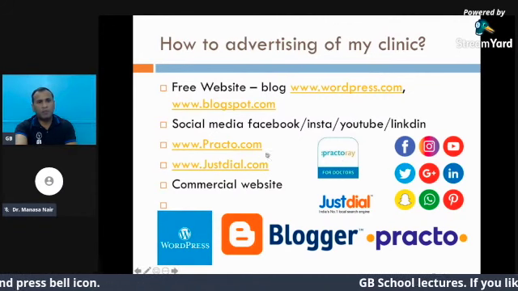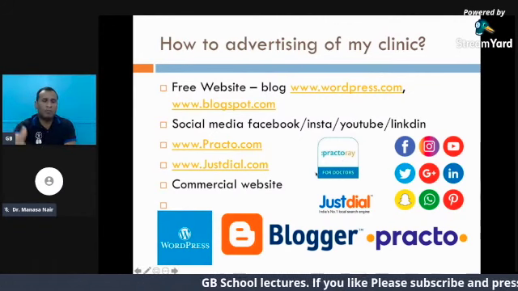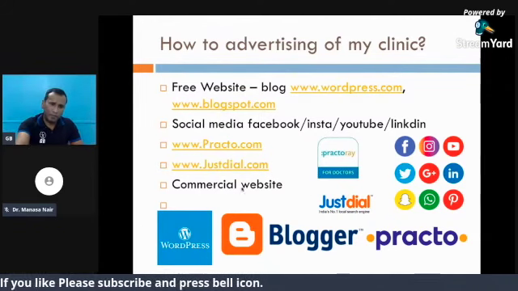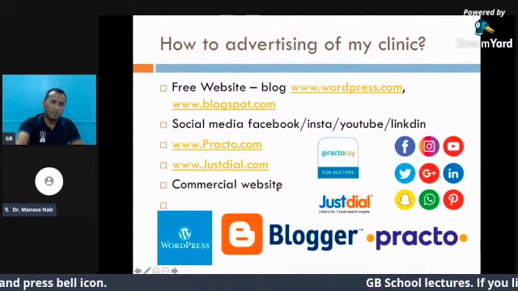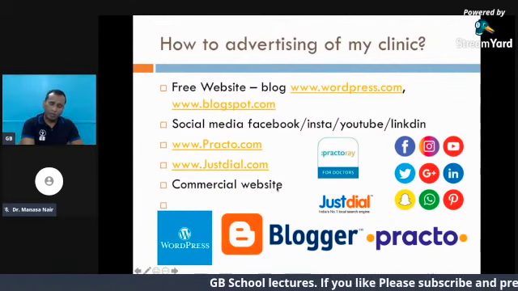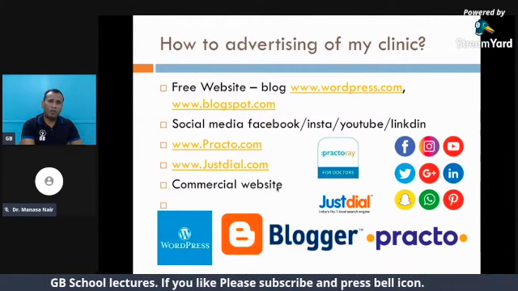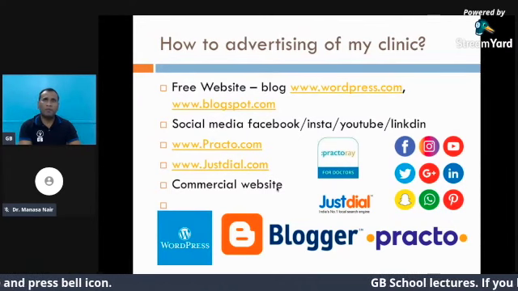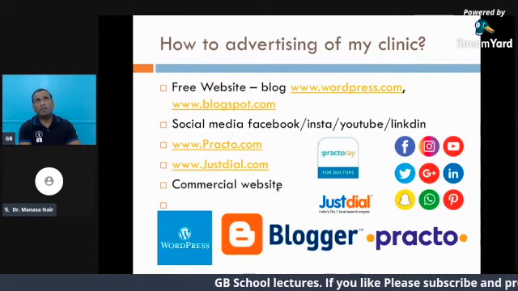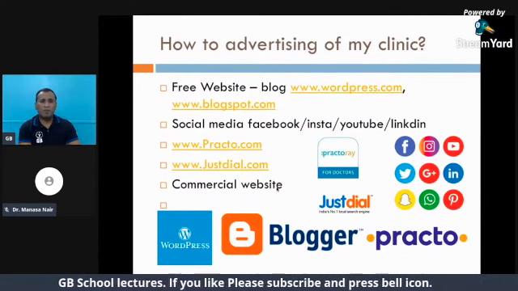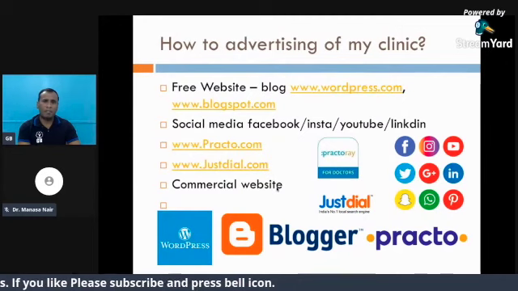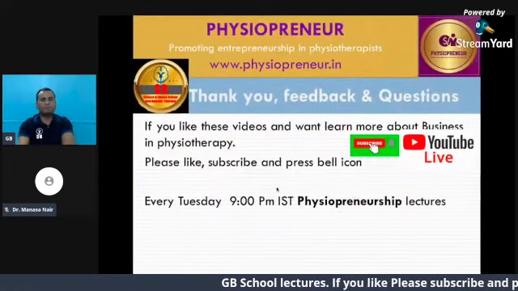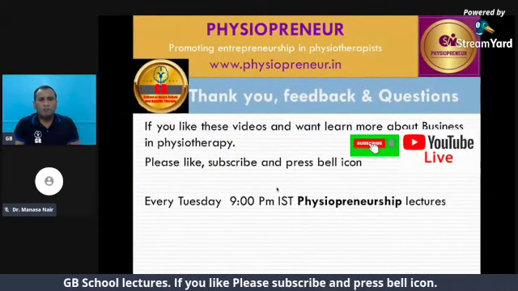Or you can use Practo paid software, or Just Dial paid software, or you can create your own commercial website which can give you appointments also. But website generation costs very much. The minimum cost to create your own website is around 2 lakh rupees for a proper functioning website. Or there are a lot of small website formats, like I think something called mydaddy.com, which will create a personalized website for you at a lower cost also. So thank you. This is the end of the lecture.